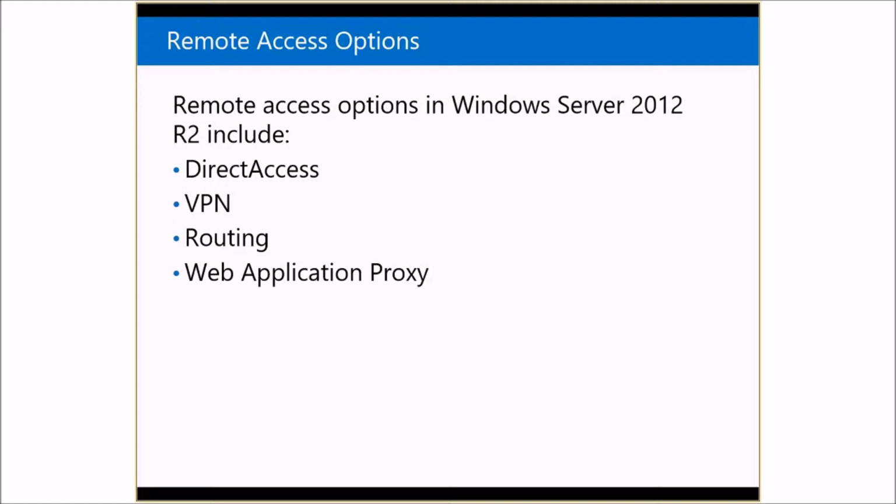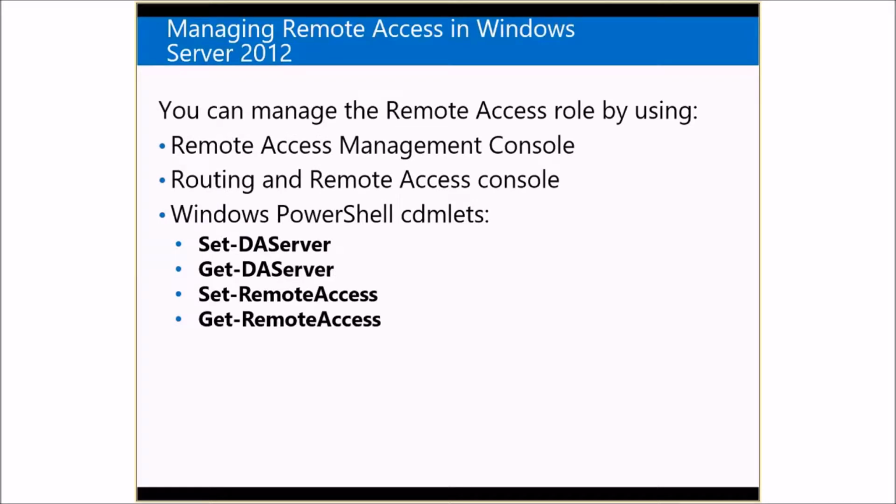So let's continue. Remote access options for Windows Server 2012 and obviously 16 include DirectAccess, VPN, routing, and Web Application Proxy. Let's actually talk about each one of these a little bit. You can manage the remote access role by using the Remote Access console or the Routing and Remote Access console. So there are a couple of different graphical tools, and what we're going to use is this Routing and Remote Access RAS console. And also, like I've always been saying,